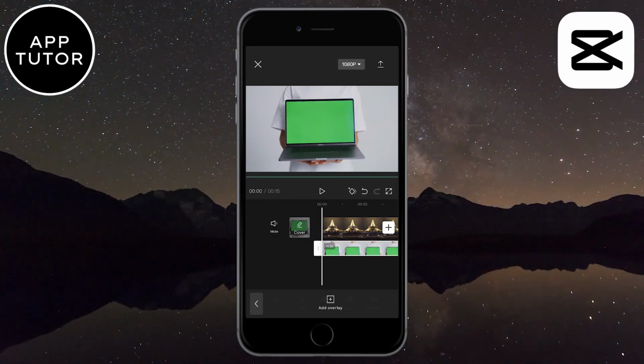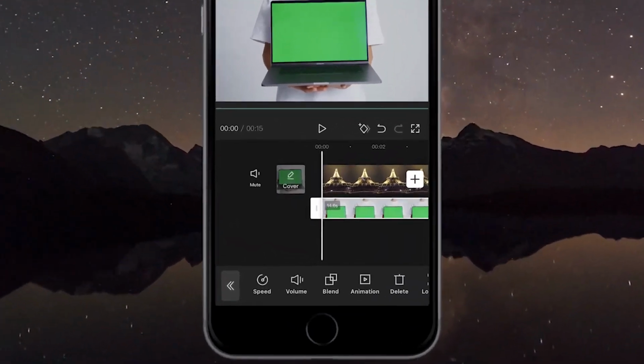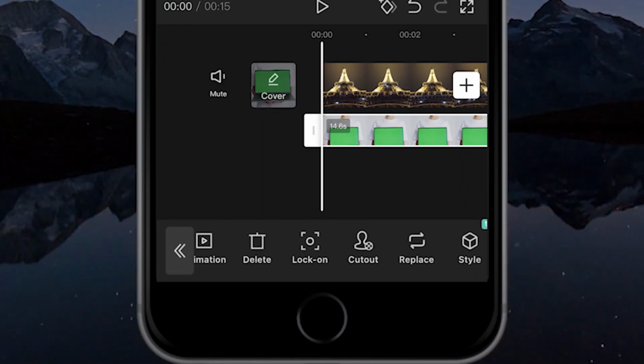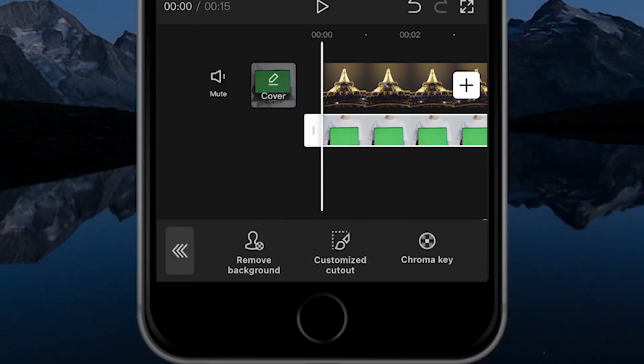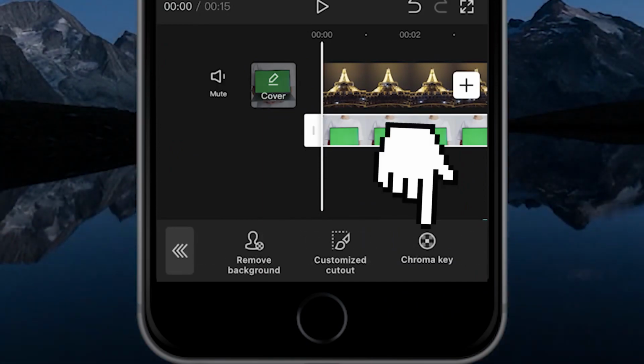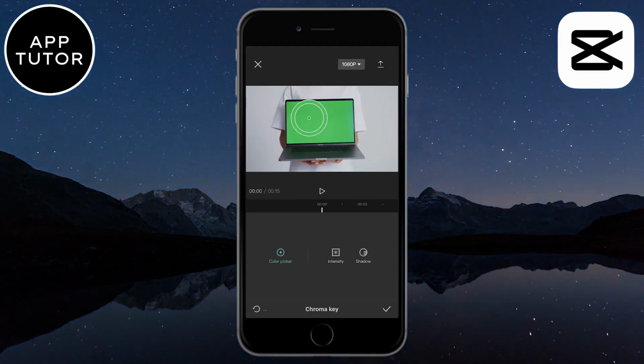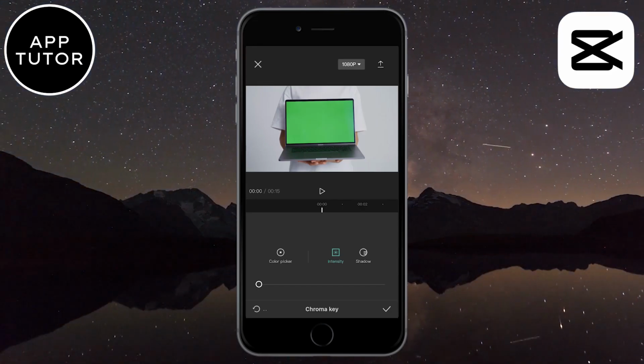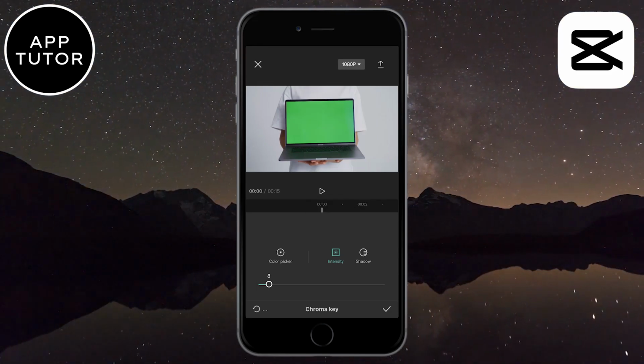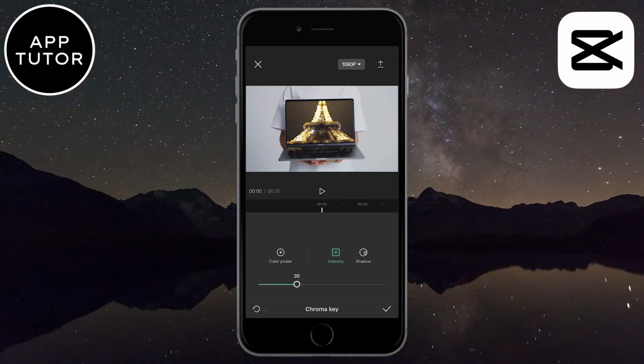Select your green screen video, and then scroll down to the bottom until you can see a cutout button. Click on that button, and then click on the chroma key option right here. You are going to see a little color picker button, and what you want to do is to select the green screen with it. Now you need to click on the intensity button here, and drag the slider until your